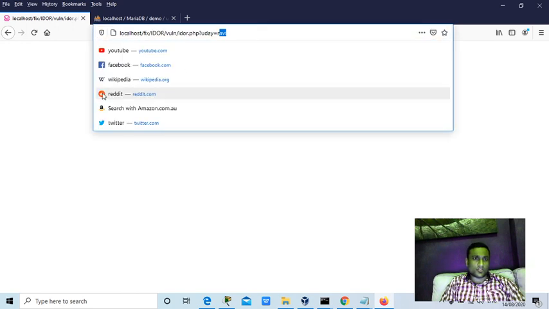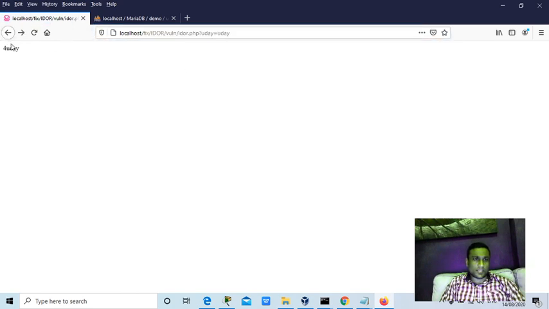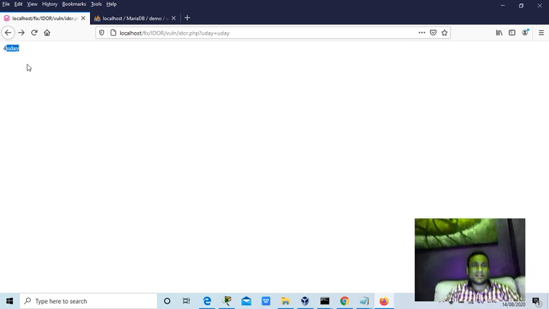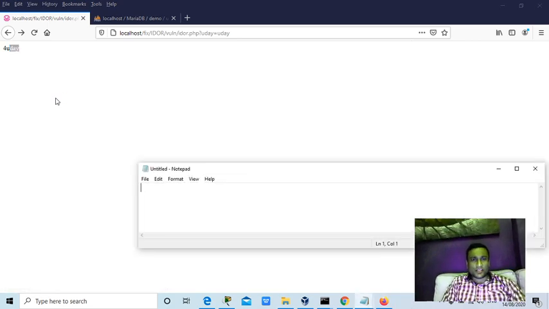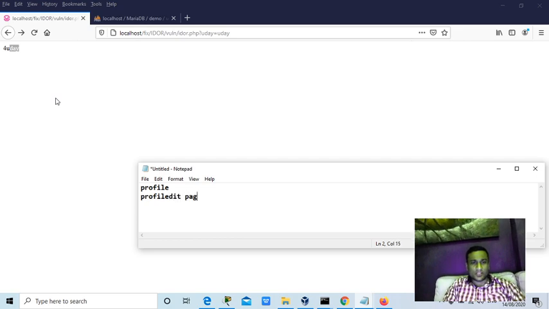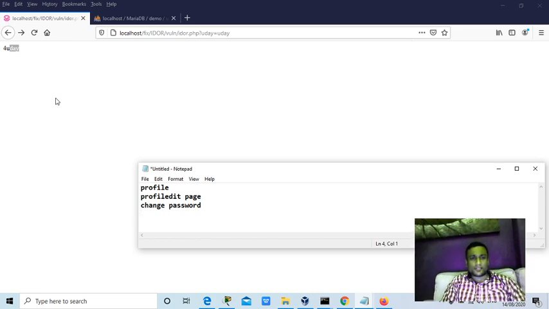So this one is not showing any details, but this one, Uday, is showing the details. That means this username exists on the server. It's not just the username, guys. With this, an attacker can find out the email address, phone number, and that kind of thing on the page. Now, where can you check insecure direct object reference? The first one is the profile page, the profile edit page, and the change password page. These are the example pages I am telling you.